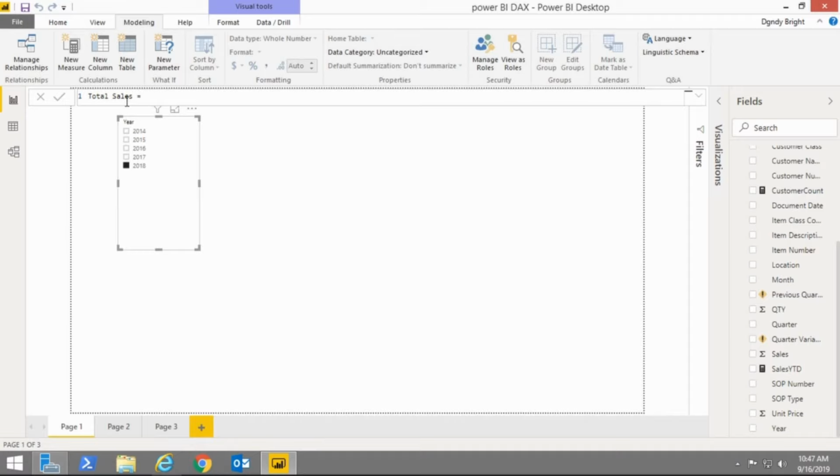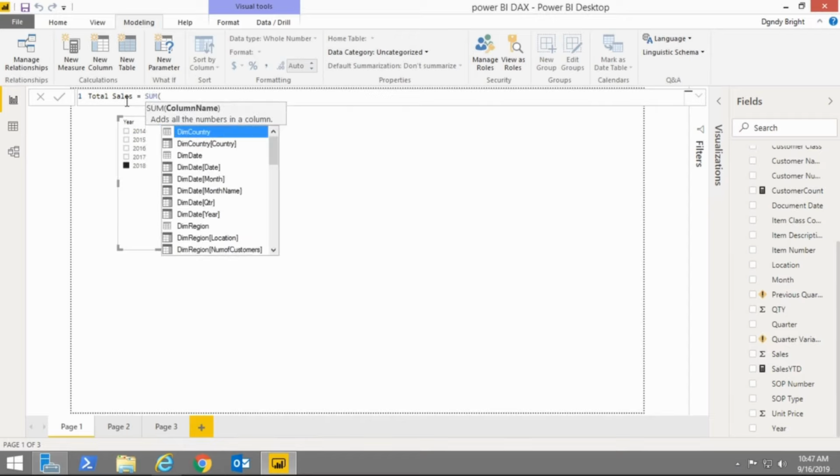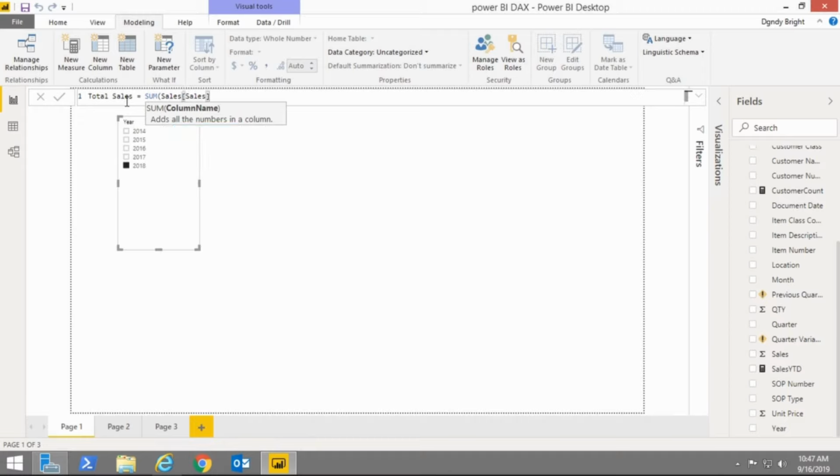And then the function that I'm using, so in this case I'll use SUM, but as you can see there's lots of functions available to you. And I want to sum the sales, so I'm going to provide the table called sales, and then the column that I'm referencing. So in this case it'll be the sales column. And then I've got to close off the formula here, parenthesis, and press enter. So this has now created a new measure for me